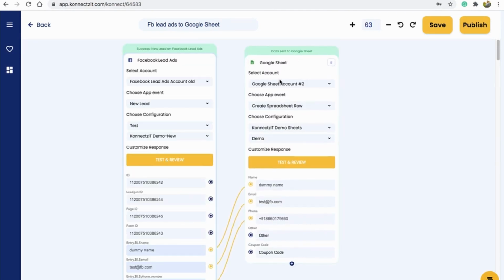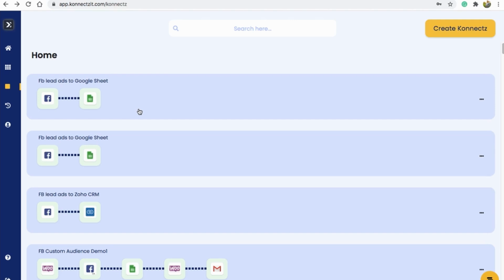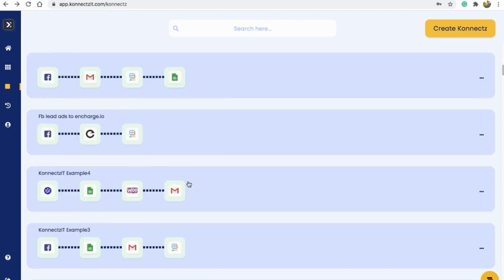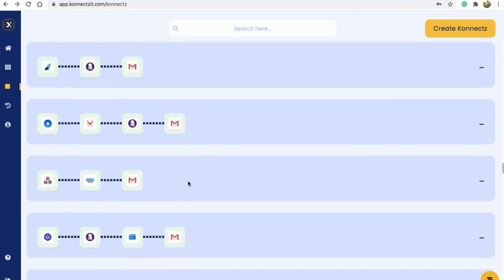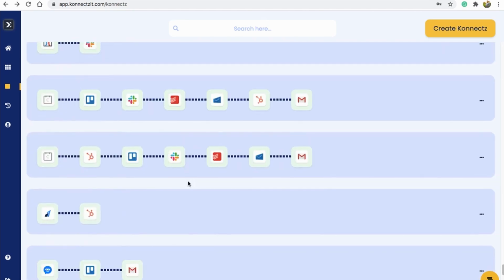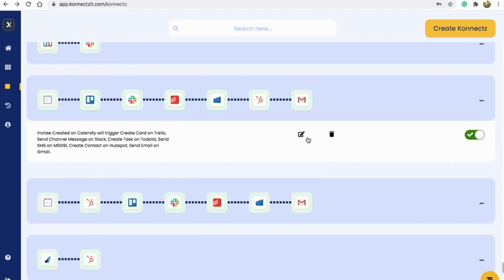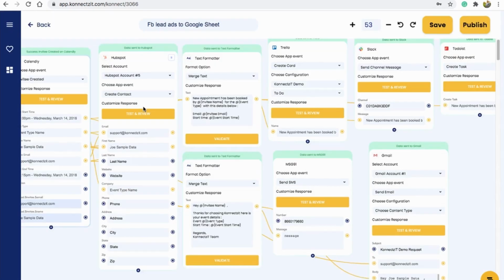This is what our connect looks like. So starting from this kind of simple automation, you can actually build complex automations like this. I'll be showing you a different set based on your use case request. So you can build multiple automations according to your use case. Starting from simple automations, you can build multiple complex automations based on your requirement.